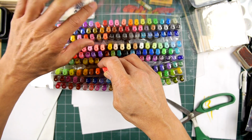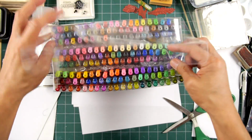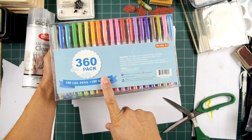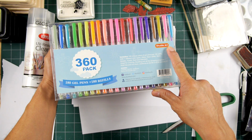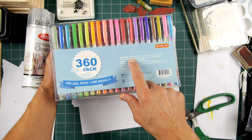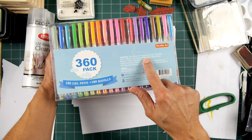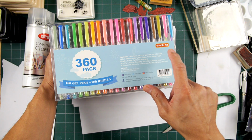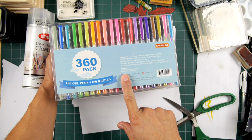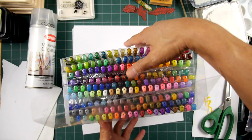Boy, I'll tell you, I'm not quite sure how these are arranged in here, and I don't even know what brand these are. These are Shuttle Art. Shuttleart.com. Okay. 180 unique colors of gel pens and 180 refills, 7 different color types, okay? We got glitter, neon, metallic, pastel, swirl, and standard. Alright. Well, that's all well and good